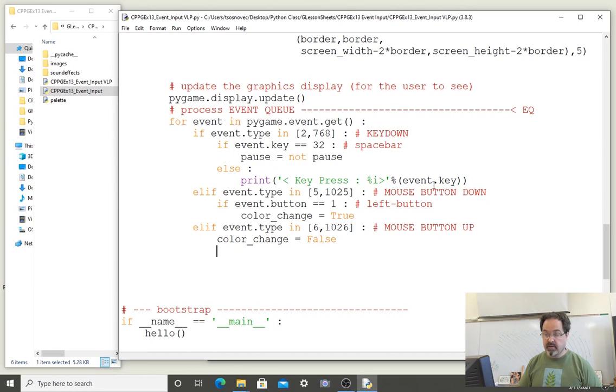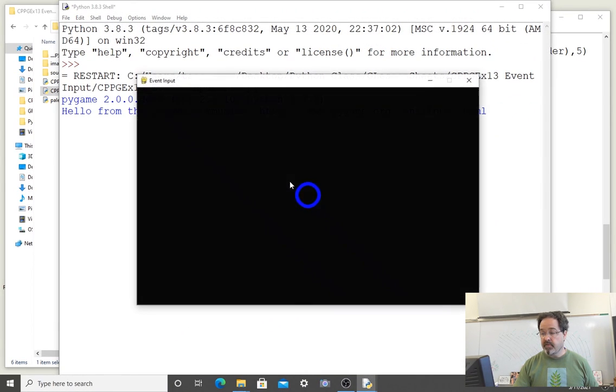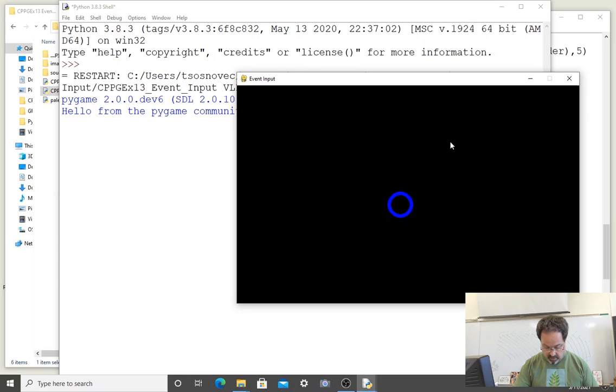We have one last thing that our code can do that we haven't affected yet, and that is duplicate our instances or create more of them. So the way that we're going to create more of them is on the pressing of the D key. One thing we could do if we don't know what the D key's number is, we can run our code and press the D key, and our code is prepared to tell us what number that is. This is a common thing to do when we add events to our program. So I'm going to run our program, press the D key a few times,